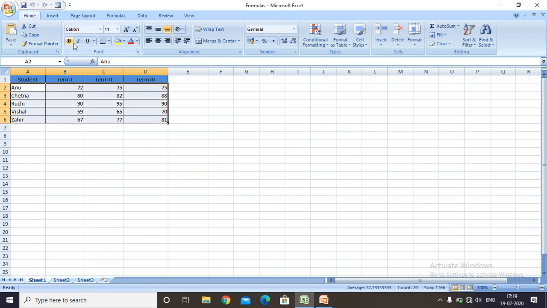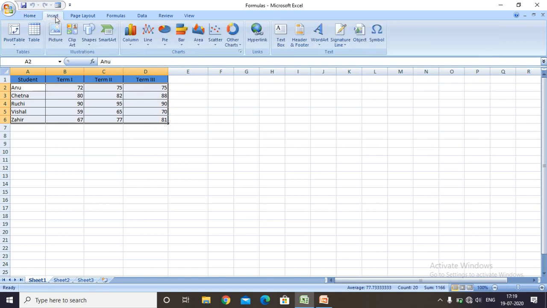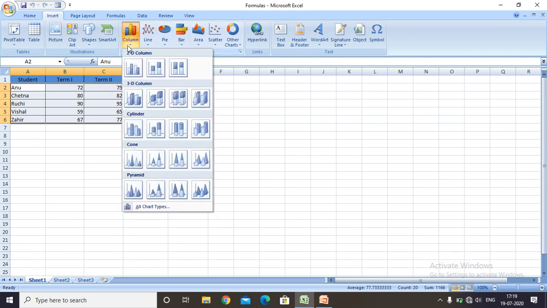Now go to the Insert tab and click on the Insert Column Chart option over here. You will see a drop-down list appear. Now click on the Clustered Column option. So this is the Clustered Column option over here.